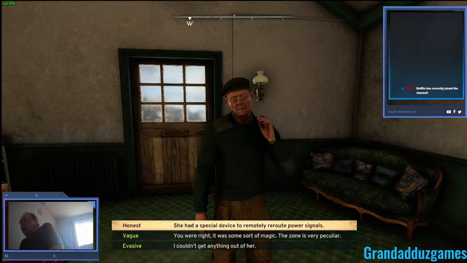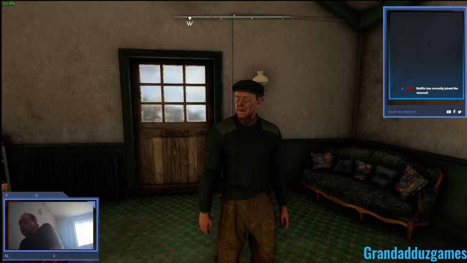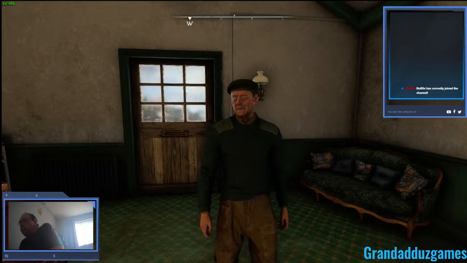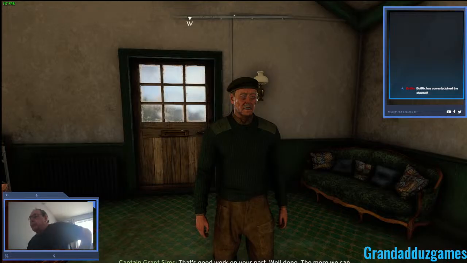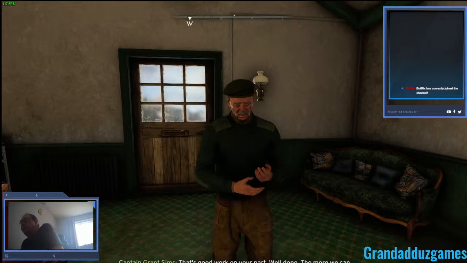She has a special device to reroute power signals. If you tell him that, he might ask for it, though. You mean that radio she had with her was nothing of the sort? Good heavens. The blithering idiots who searched her... Ah, he believes that. That's all right, then. Blast them. That's good work on your part. Well done. The more we can understand the bizarre gadgetry littering...